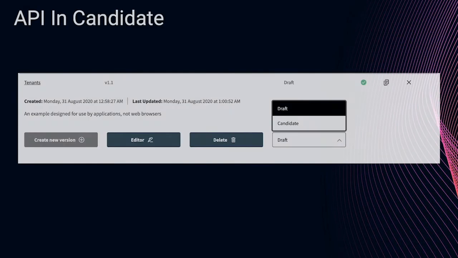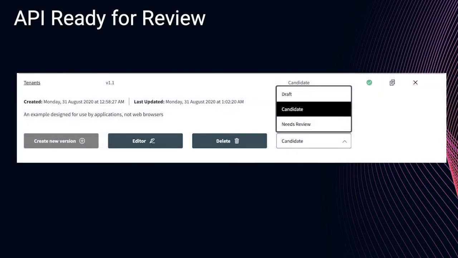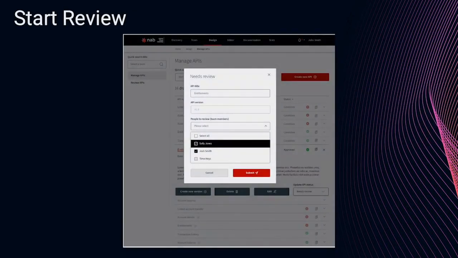So as soon as you trigger the review process, emails are sent to all the users that were selected as part of start review, and they get a link which they can click on to open the review screen. When a user clicks on this link, they are taken to this screen, which is the review changes screen, and there are two tabs in here. One is the changes tab, which is this one,